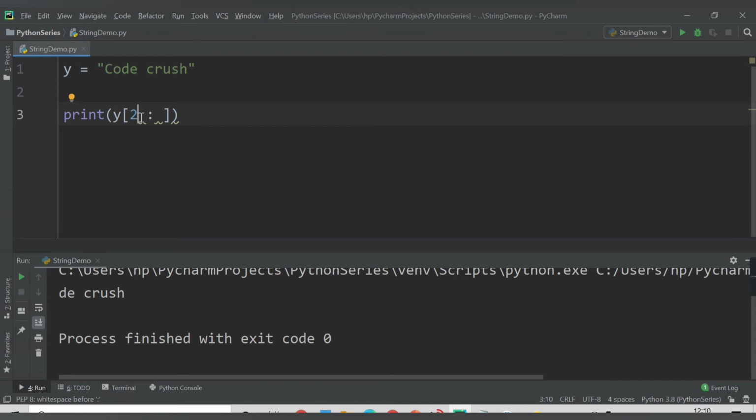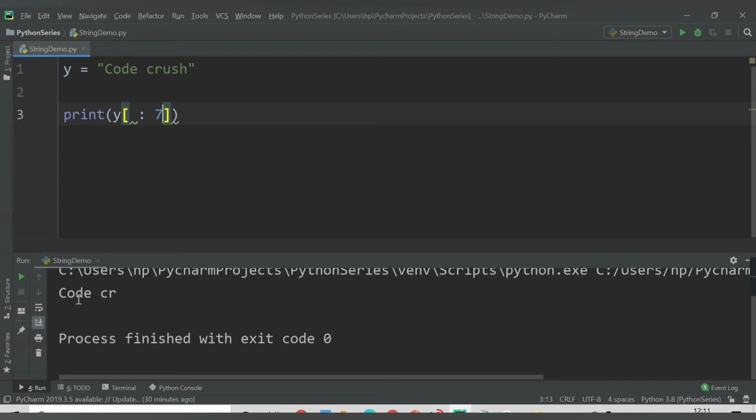So what if I don't give the start position here, and let me provide here the end position. Let's say I want to end it at 7. Let me run this. So if you haven't provided the start position, by default it will start from 0. So from 0 it starts, code till 6, because we have provided here 7, so it will print till 6.